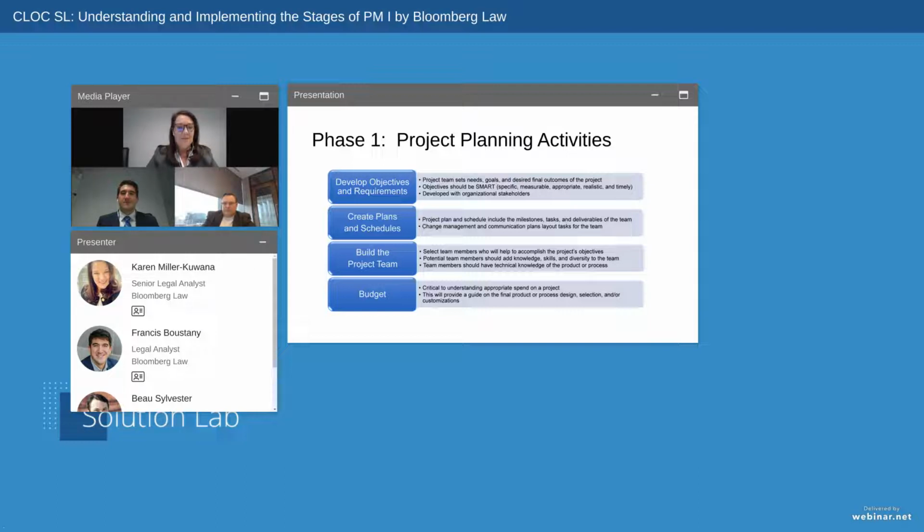Another activity during this planning phase is building your project team. For those of you who watch HGTV, teamwork makes the dream work is a phrase you'll often hear on one of the many shows that I often will find myself watching on a Saturday. Or in this case, teamwork really makes the project work. And building a project team is an important step in the planning of a project or matter.